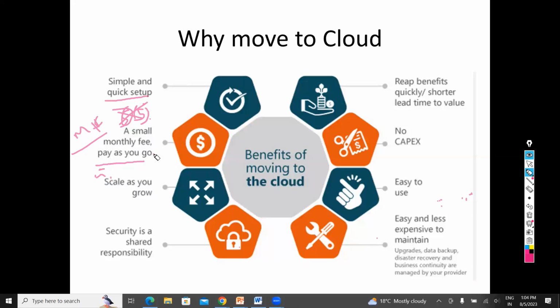But in the cloud, if my services are used only from Monday to Friday, and I shut down those services on Saturday and Sunday, then I only have to pay for Monday to Friday. Even if I have one website which is publicly accessible, to deploy that public website I do not need to build a server. We will discuss further what the cloud categories are, so we can go for